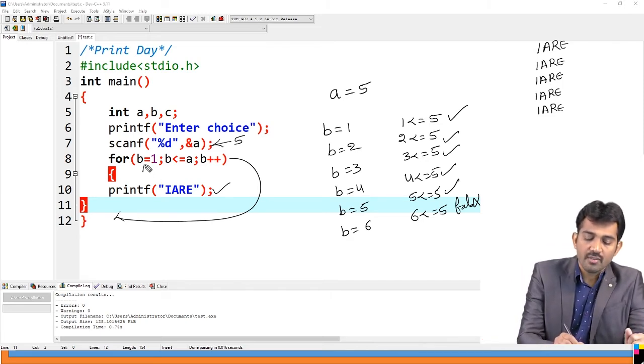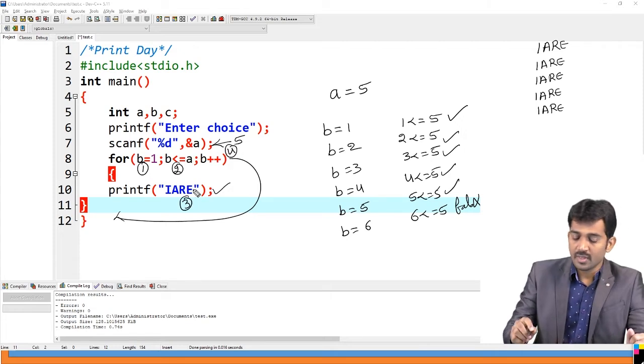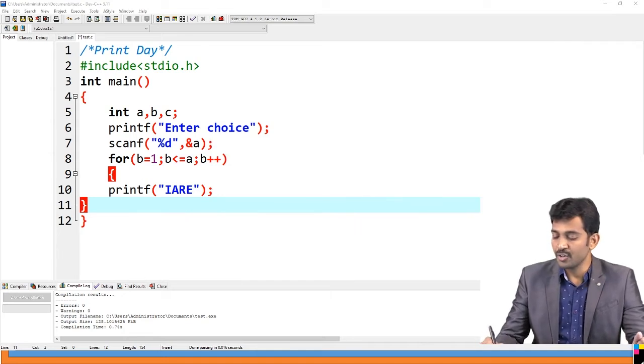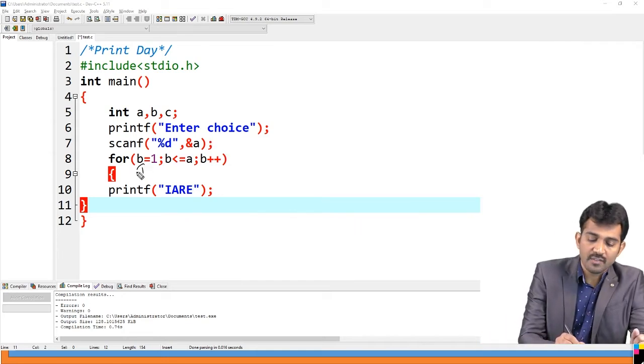So this is the process. First it executes the initialization, after that condition checking, after that printing the statement, after that incrementing, and again the same. So this is the first step, this is the second, this is the third, and next the fourth, right?